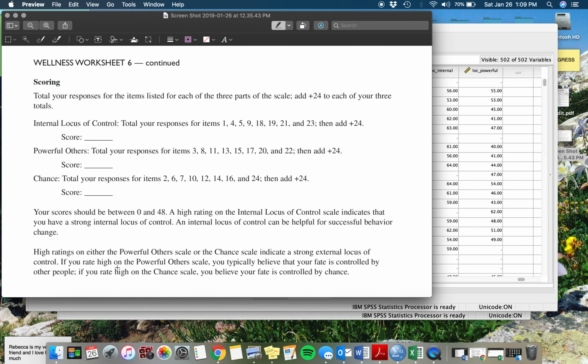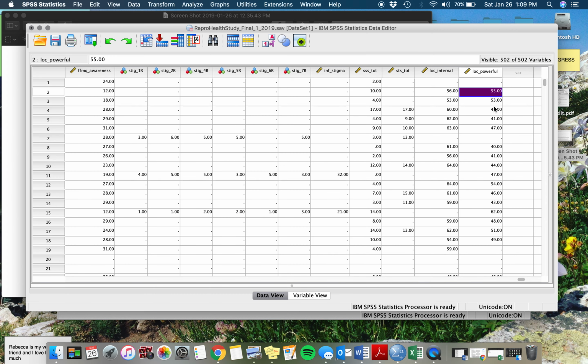It says high ratings on either the powerful others scale or the chance scale indicate a strong external locus of control. So here we can see that this person with a 55 has a higher external locus of control than this person with the 41. And if we wanted to measure external locus of control in analyses, we could use just this variable. So I hope that you found